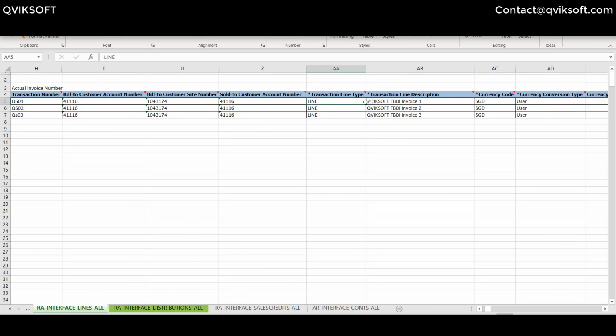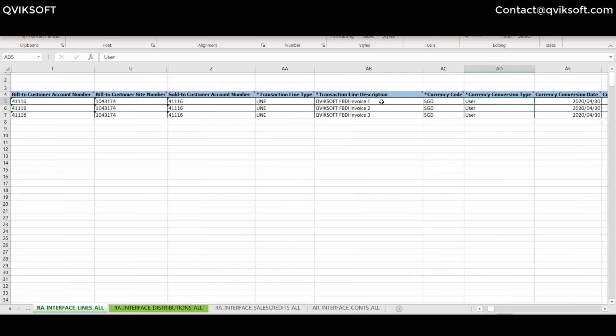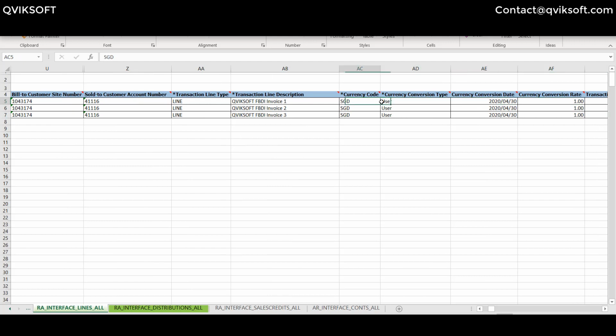This could be a line type of line or tax or freight or charges which you have. In my case, just a simple example, I'm just having a line type of line. Then what is the line description you're giving? You can give the line description, the currency of the invoice,